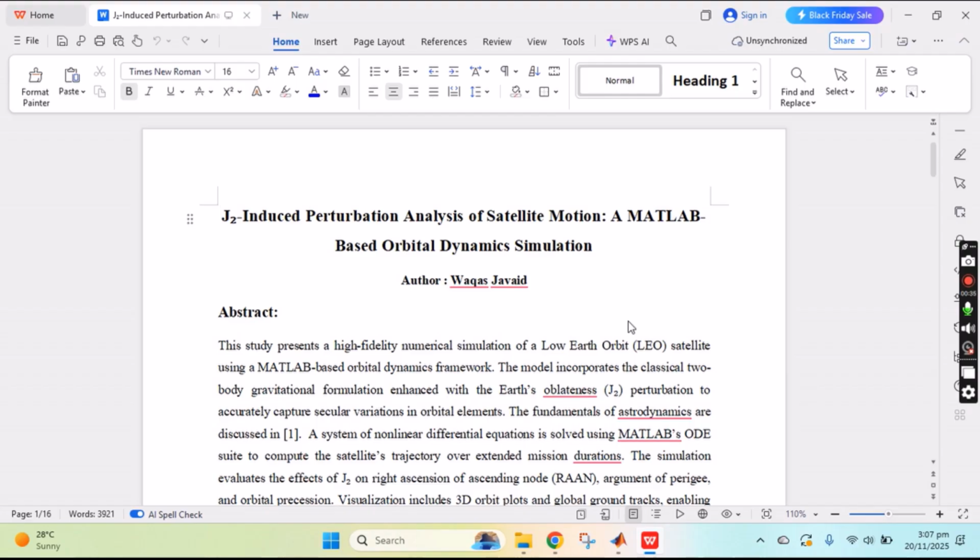And J2 means Earth's oblateness perturbation, to accurately capture the secular variations in the orbital elements. Okay, basically in the complete article we are focusing on the